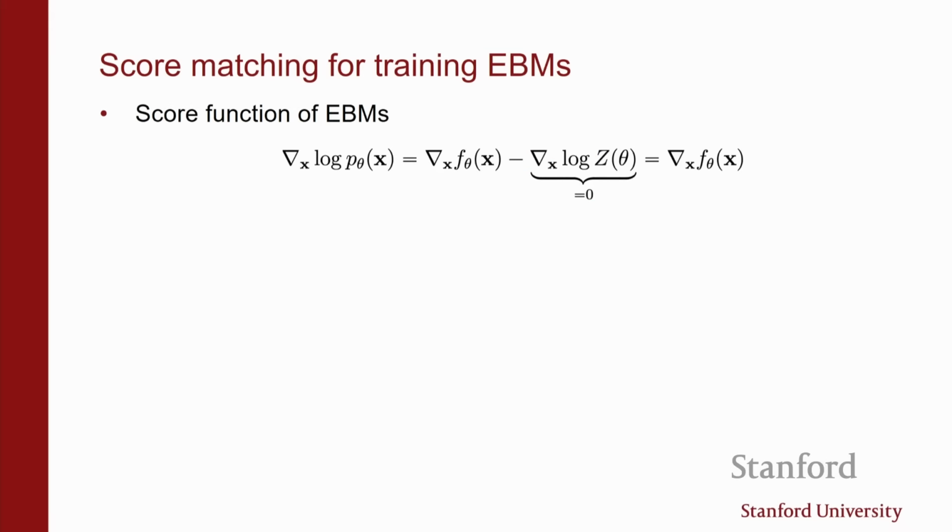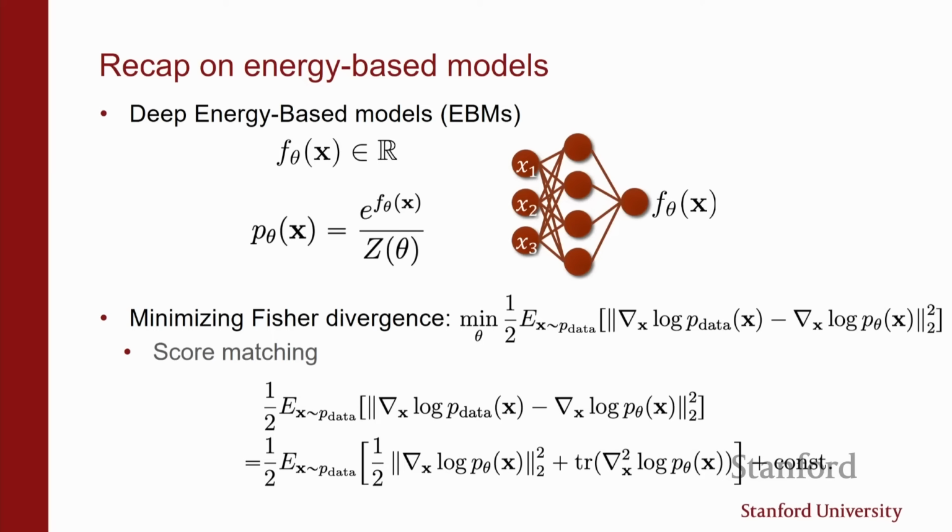The critical thing to notice here is that for the score function, the gradient of the log density according to the model, when you take the log of an EBM, you get your neural network, and then the log partition function. Critically, the log partition function does not depend on x. It's the same for every point. It's just the area under the curve. So no matter where you are, the area under the curve is the same. And so when you take the gradient with respect to x, that's 0. And so we can compute this model score in terms of the original energy of the model. And so in this expression here, we can compute this term efficiently without having to deal with the normalization constant.